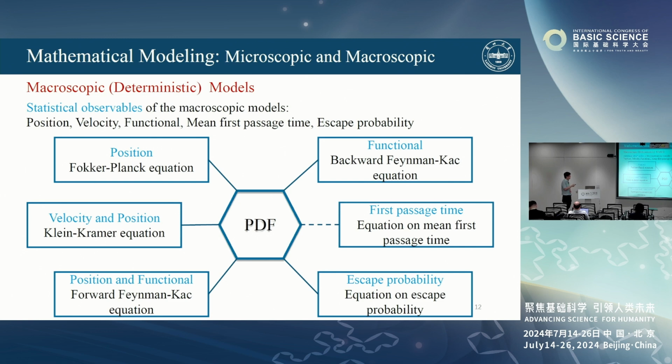The typical statistical observables can be position, for example, velocity, functional, mean first exit time, escape probability. There are also a lot of typical ones; here we just list several. Then how do we do this? The way to study these statistical observables is that all of these are random variables. So the way we do it is